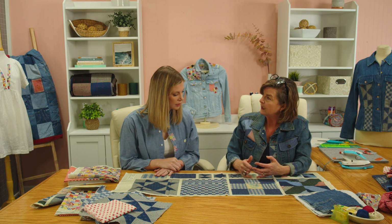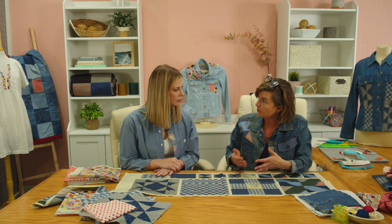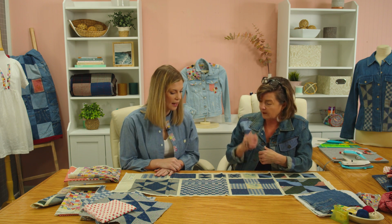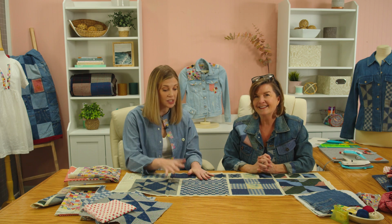This gives you a chance to be able to cut a border and then use these pieces right up to the edge of the fabric and the design. Well, and I love so much that you've taken the time to put this together, because for me,